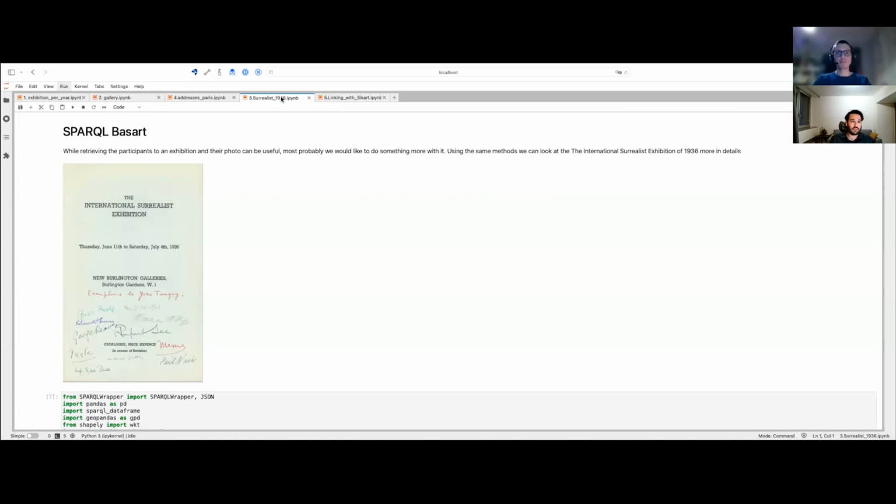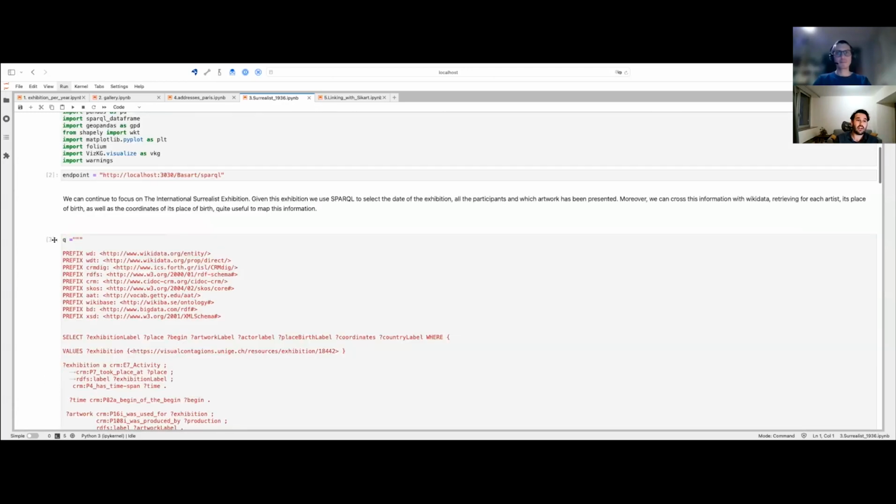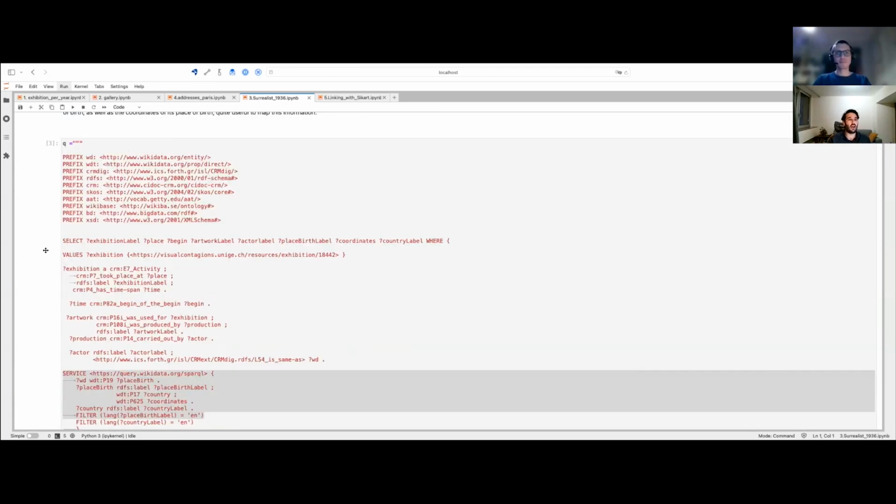But coming back to the example of the International Surrealist Exhibition of 36, we can actually search Bazaar for it. We can search for all the people that participated in the exhibition, but not everything is in Bazaar. Knowledge is not in a unique spot. So what we do is use SPARQL to connect automatically to Wikidata. We have a common identifier for artists. So we pass through that, we browse this linked open data cloud, and we retrieve for each of the artists